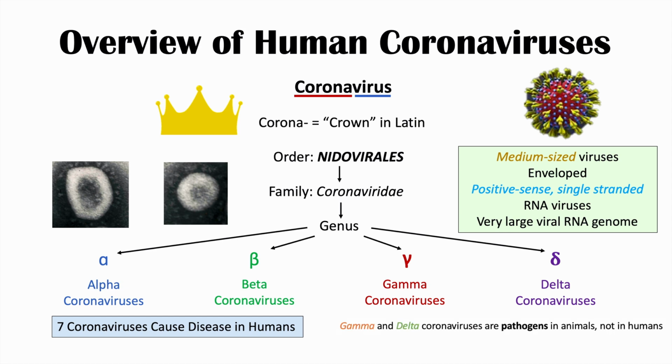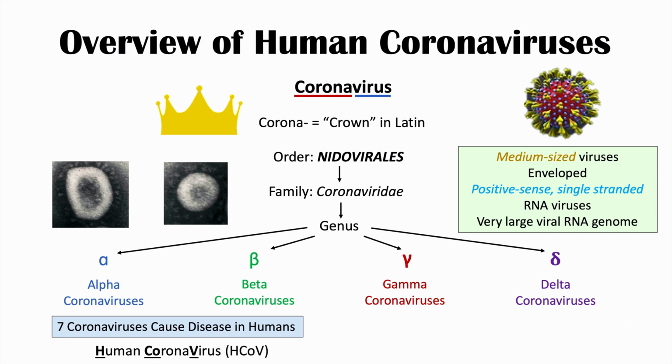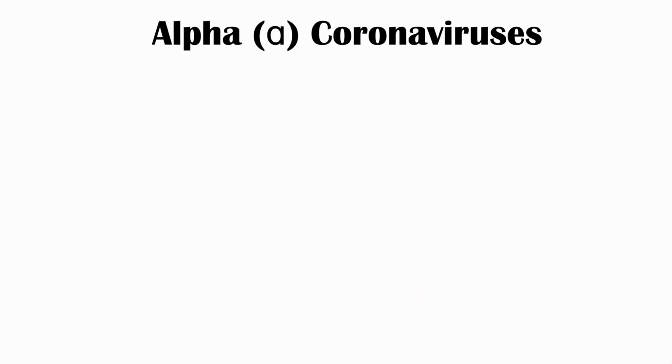There are actually 7 coronaviruses that cause disease in humans, and we're going to talk about all 7 in this lesson. And 4 of these coronaviruses have HCOV in their name. HCOV comes from human coronavirus. That is what HCOV means. So we're going to first talk about the alpha coronaviruses. There are 2 alpha coronaviruses that cause illness in humans. The first one we're going to talk about is